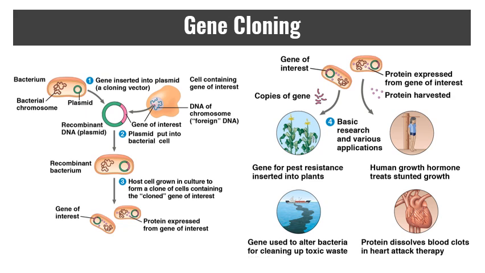Gene cloning, of course, can be done with PCR, but if you don't have PCR technology, then you can do it inside a plasmid, which then goes into a bacterium and is reproduced. We can't do this in the bacterial genome because it's very difficult to get a bacterium to accept outside DNA into its chromosome, but plasmids are significantly easier. So once we engineer the plasmid, we can allow the bacteria to grow, and then we can use those bacteria for a variety of things, like inserting pest resistance, eating oil, altering medication,